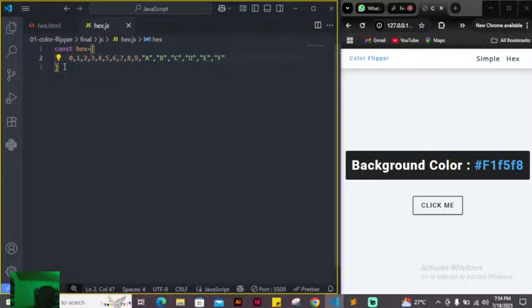You can see in this type of program, another thing you need to take note of is that hexadecimals are numbers that are generated with a hashtag. You can see the sample that we have here, there's always a hashtag. You can see this f1, f5, f8 is just a combination of numbers inside this particular array. So we need to write a program whereby we will tell the computer to help us combine these numbers inside the array. So what I'm saying in essence is that we